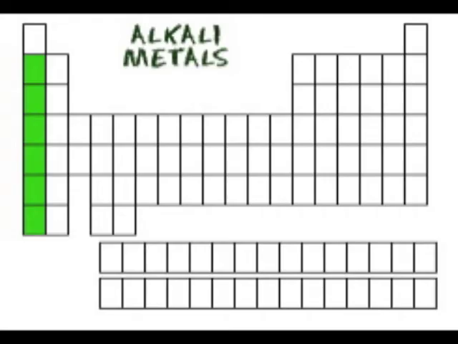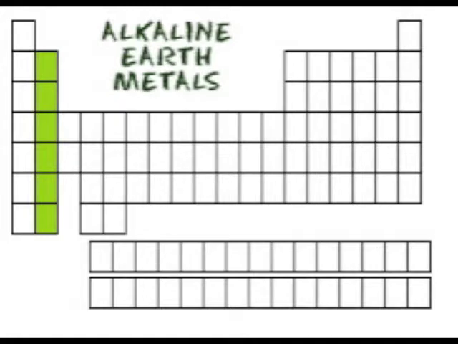Group 1 or Group I are alkali metals, and some of the elements in that group are lithium, sodium, and potassium. Alkaline earth metals is the second most reactive family of elements in the periodic table, also called Group 2. When these compounds are mixed in solutions, they are likely to form solutions with a pH greater than 7. Some of the elements in this group are magnesium, calcium, and